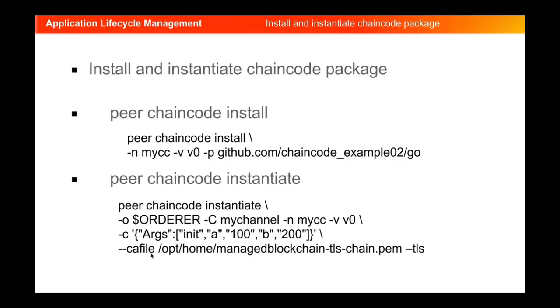And you have the CA file, and this is a file path which contains the PEM file. The PEM file is nothing but the encoded trusted certificate for ordering endpoints. And you have the last option, which is TLS,